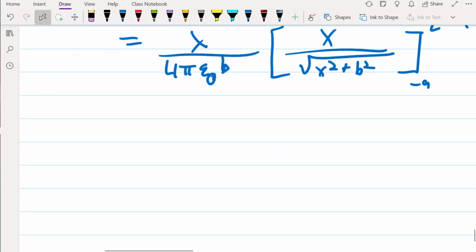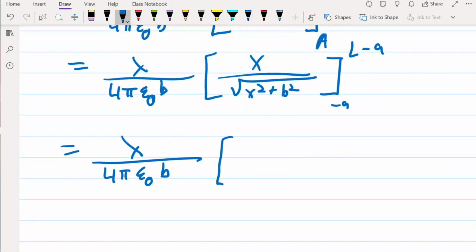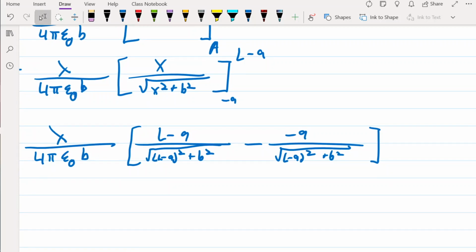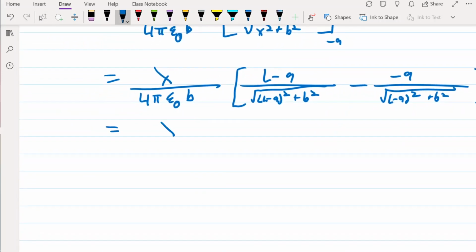All right. So now we're going to get it equal to lambda over 4 pi epsilon initial times b, we're going to set x equal to L minus A. So L minus A over the square root of L minus A squared plus B squared minus, we're going to do negative A for x. Okay, and I don't think we can do anything else in terms of simplification, except we can cancel out that minus and turn it into a positive right there. So we're going to have lambda over 4 pi epsilon initial b times L minus A over